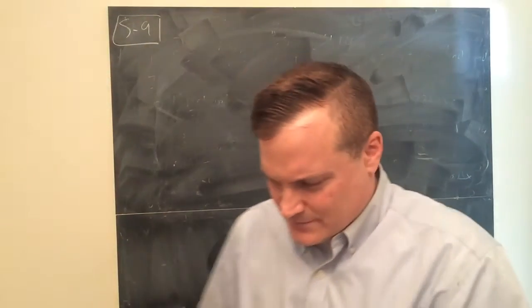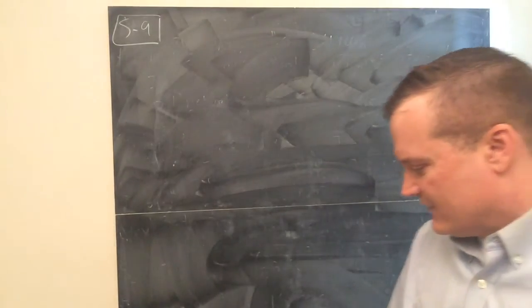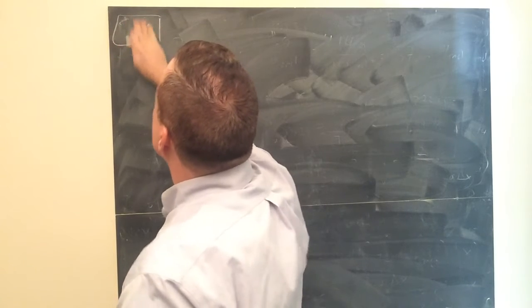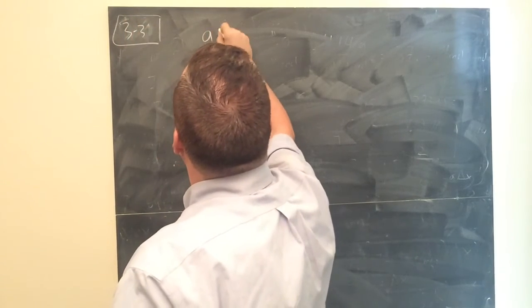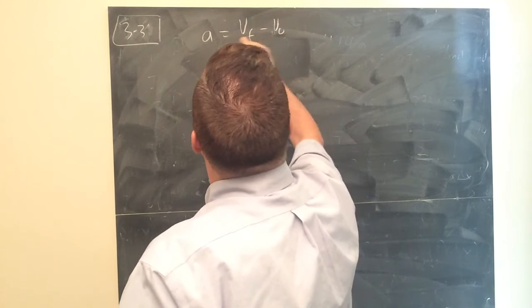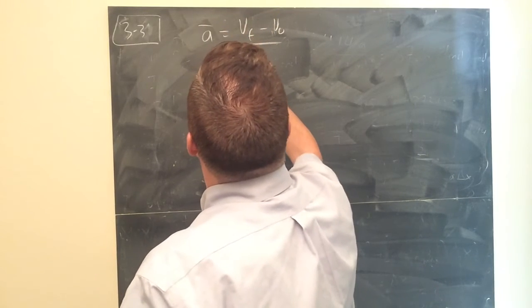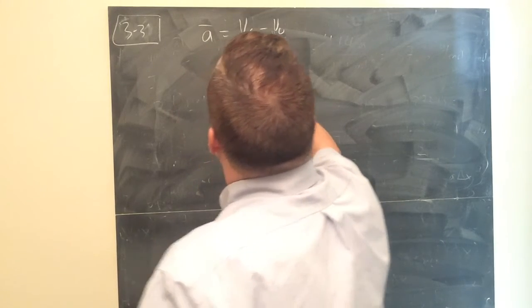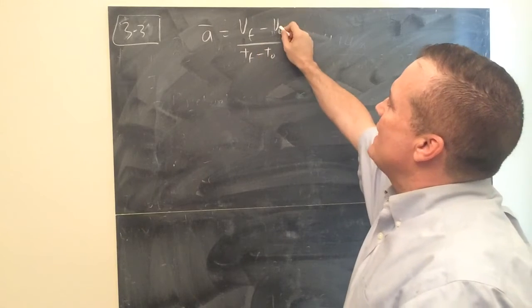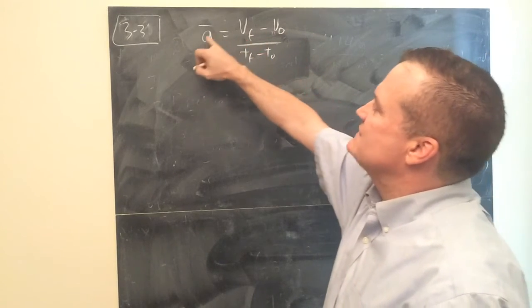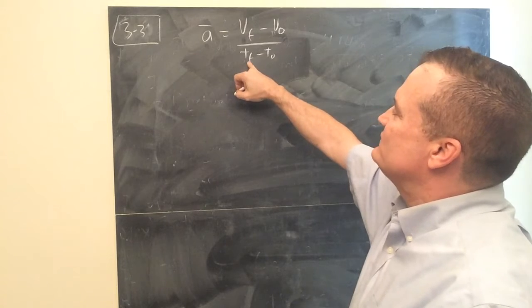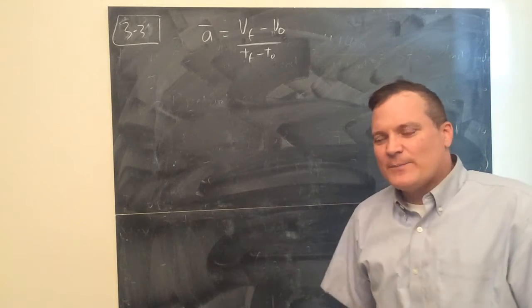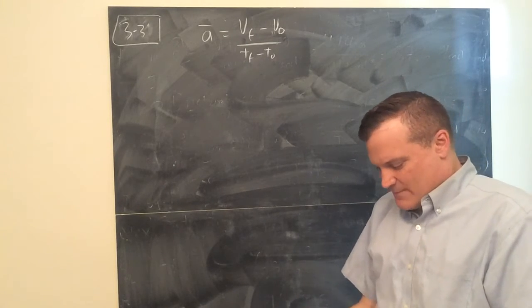Okay, so I'm going to do 3-2 and 3-3 together here. Before, what we looked at was this equation. The average acceleration is change in velocity over change in time. Final velocity, initial velocity. The little knot or O symbol means initial velocity, final velocity, average acceleration. TF is final time, TO is initial time. Well, in all the problems we're going to be working now, we're going to talk about what's called